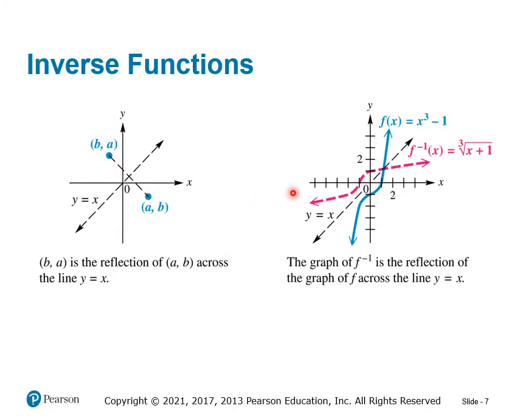Okay, and here you can see a graph. Instead of just a point, you can see the graph and the formulas here, and you can see that, again, they are reflected across this diagonal line, which is y equals x. All right,